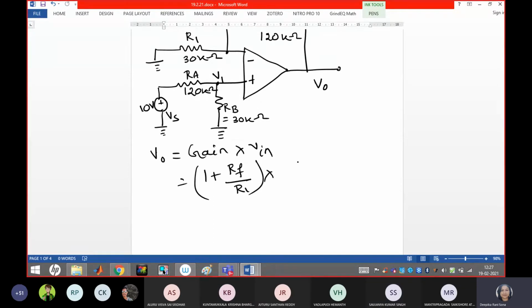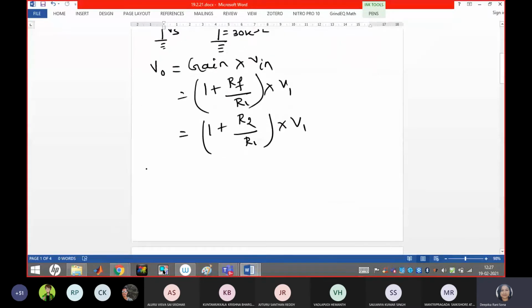So guys, remember when you are talking, you should know what you are talking. Because the present circuit belongs to the non-inverting amplifier configuration, that's why the gain is 1 plus RF by R1. That is the basic thing, right? So here RF is R2. Once again I will rewrite the equation: 1 plus R2 by R1 into V1. If the question is given in the form of R2 instead of RF, you have to represent that only. So this is our requirement. Now we will proceed to find out the unknown V1. What is the equation for V1?